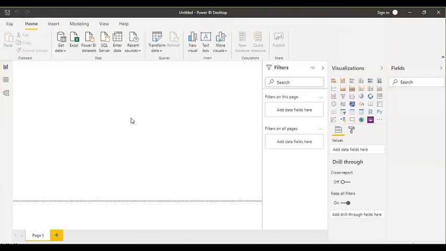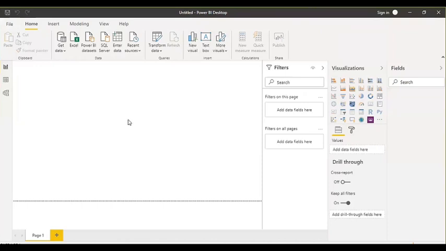Now let's move to the data sources point. So the point is, when you want to work with Power BI, what thing do you need? We need the data. Before creating any report, any data model, we need the data. And in Power BI, it's very easy, very straightforward to get the data from any data source.